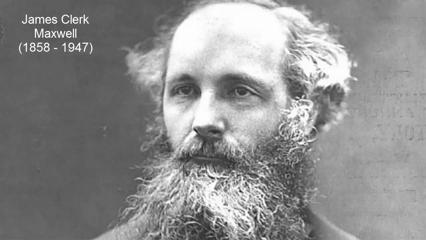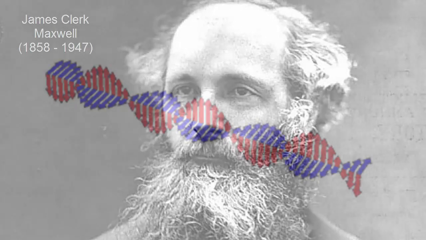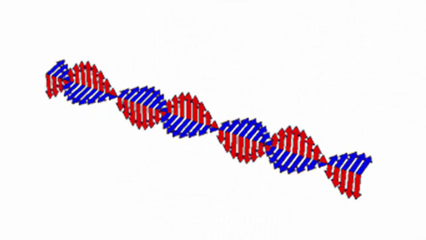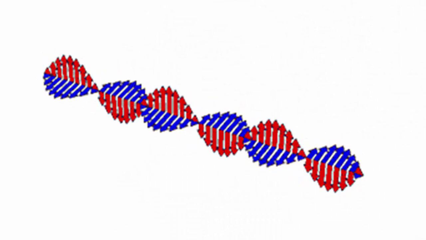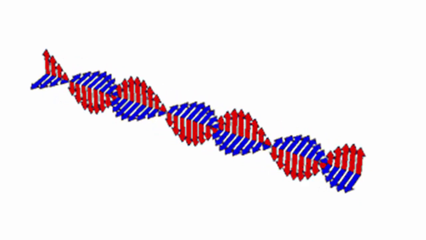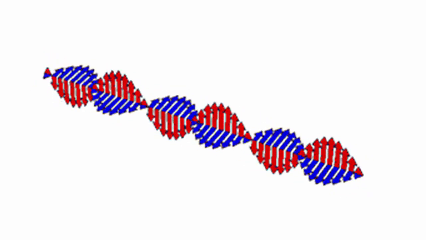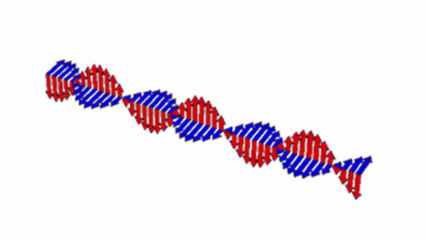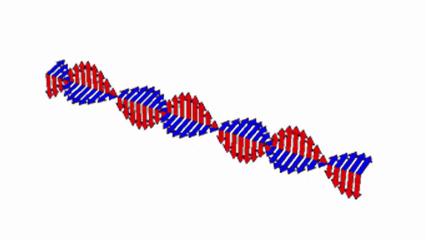It was James Maxwell who realized that the changing electric field could create a changing magnetic field, which would then in turn create another electric field and so on. The result would be a self-sustaining electromagnetic field that is endlessly repeated as it travels at an incredibly fast rate through space as depicted in this animation. Note, however, that the magnetic field is not to scale.